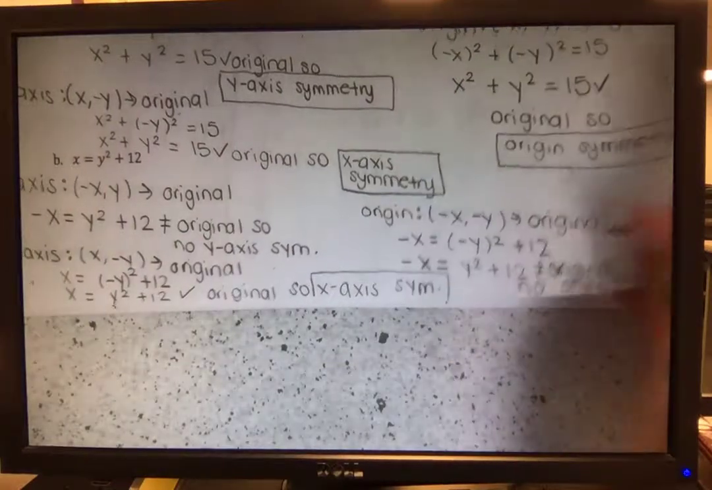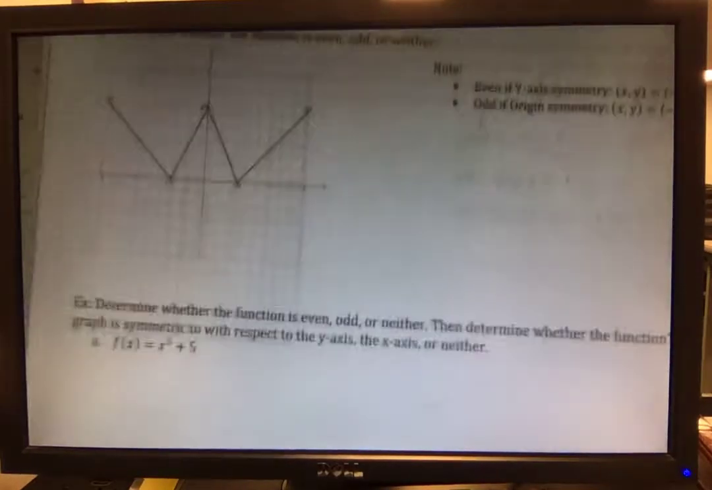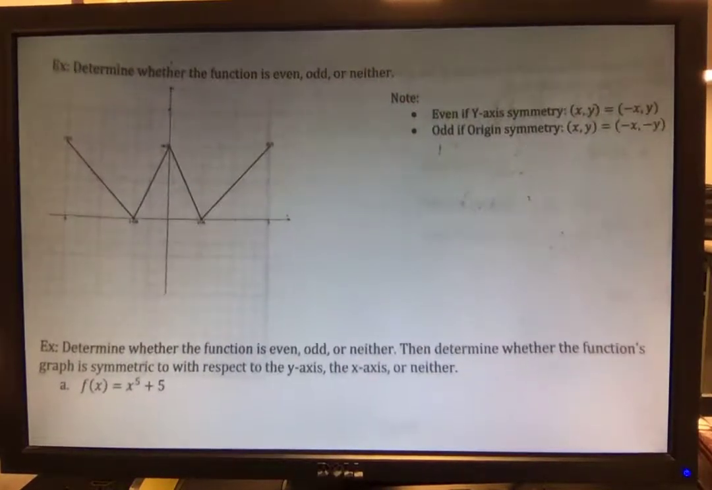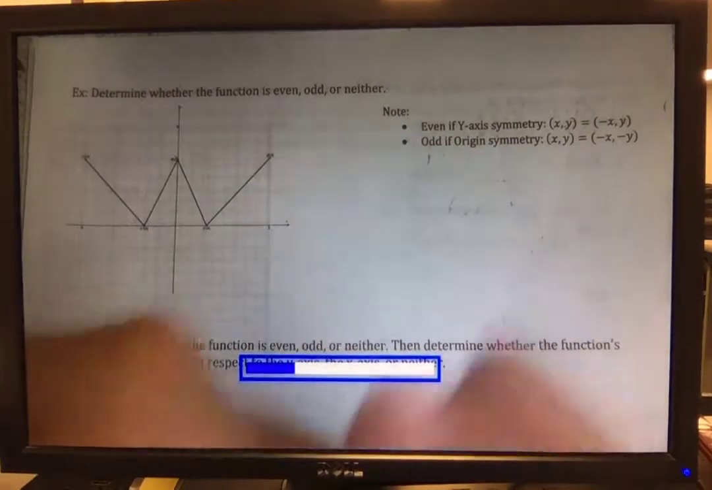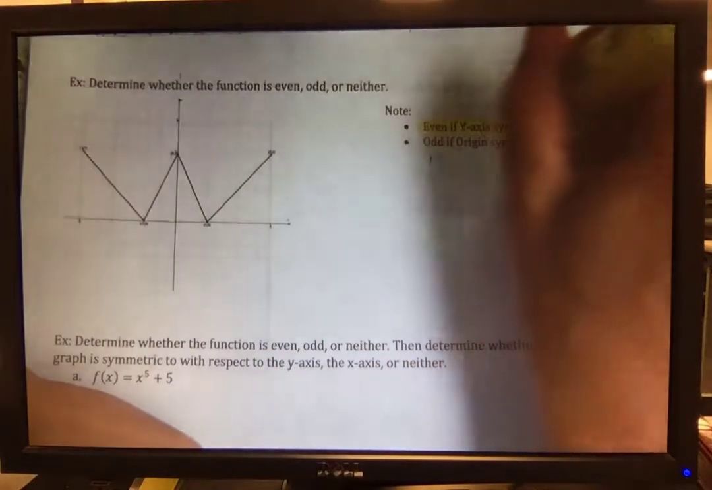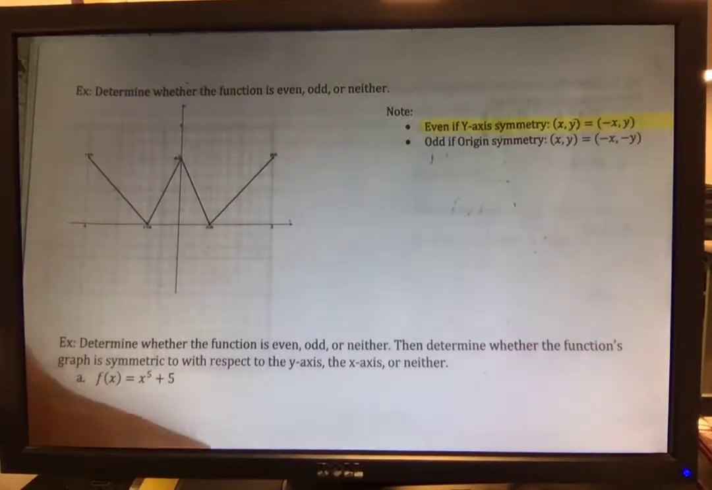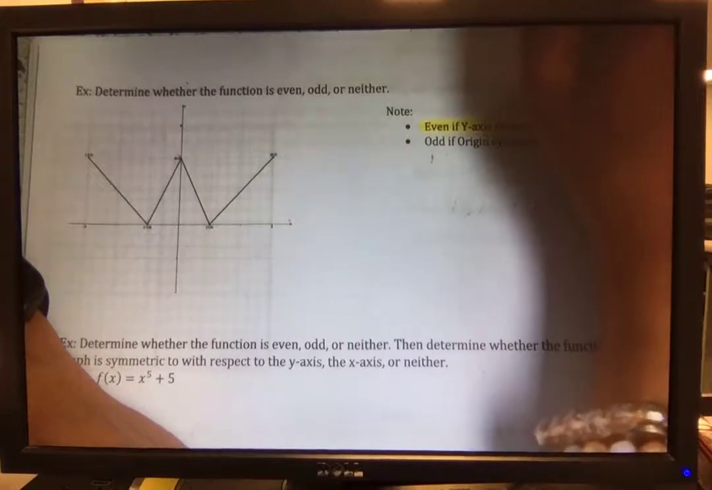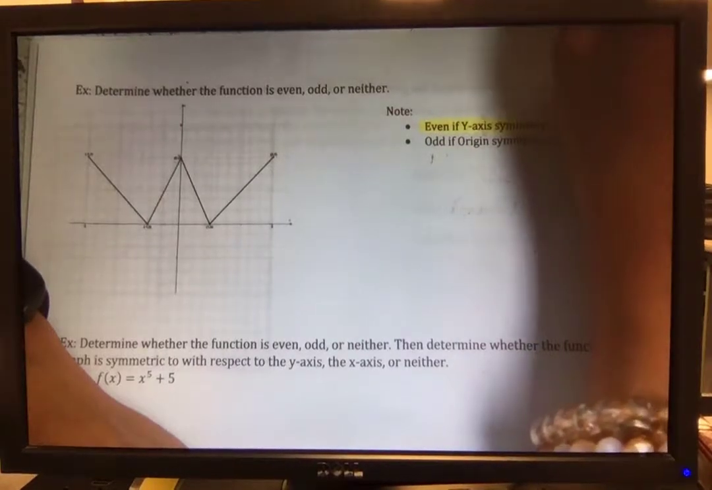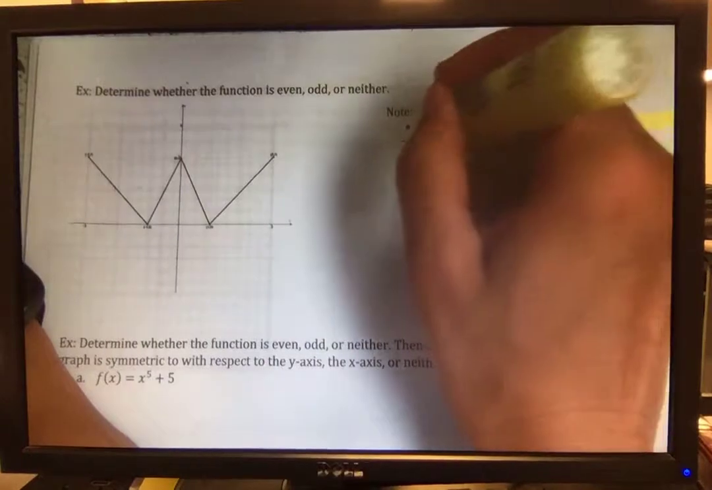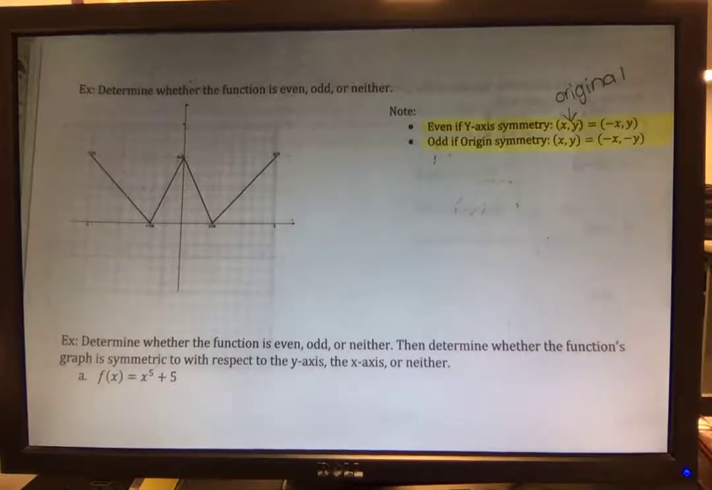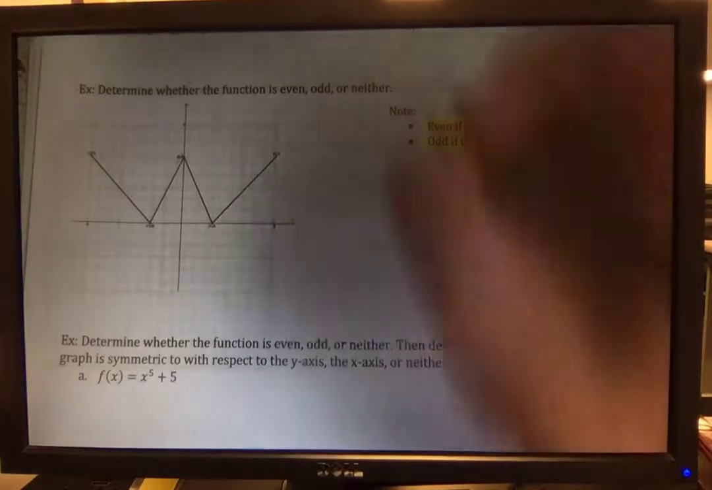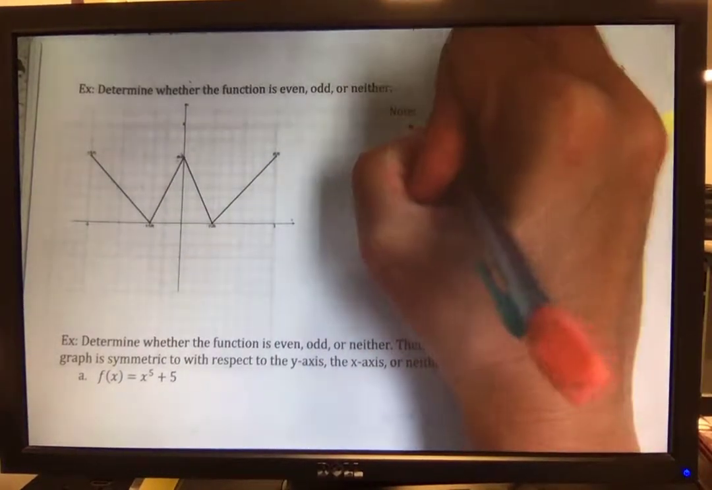All right, next page. So determine whether the function's even, odd, or neither. Again, we have a little note on the side there, and it says it's even if it has y-axis symmetry. Remember from the previous page that y-axis symmetry means that we can plug in negative x and get the original back out. And it's going to be odd if it has origin symmetry, so if I plug in negative x and negative y and get the original out. My biggest thing that I remember here is odd and origin, and then even and